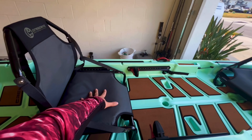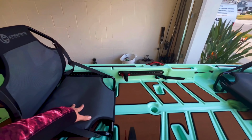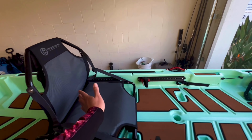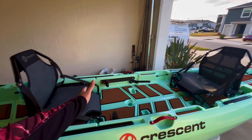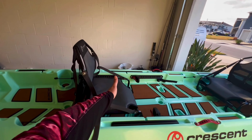I can help my son with whatever he needs while he's fishing, and we can be this close to each other, help each other out, so he's not facing the other direction and I have to crawl over and help him and all that stuff. So that just makes it 10 times easier to bring kids along, or maybe someone that needs more help and assistance. Obviously, in the back, you're going to be paddling, and then you're going to have a passenger here,